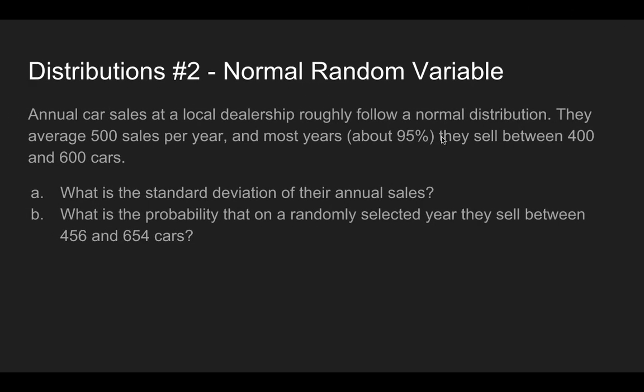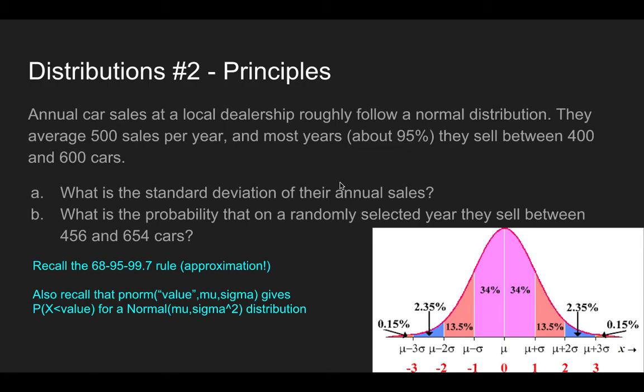Okay. For the sake of time, I'm going to run through this problem quickly. So let's say annual car sales at a local dealership follow a normal distribution. They average 500 sales per year. And most years they sell between 400 and 600. I changed that. Oh well. I changed this to be money for the cars. I guess it didn't say that. About 400 to 600 cars. So first off, what's the standard deviation of their annual sales? And then what's the probability of selling between 456 and